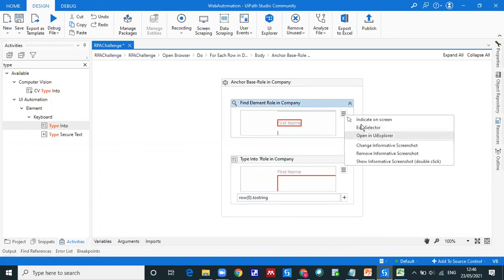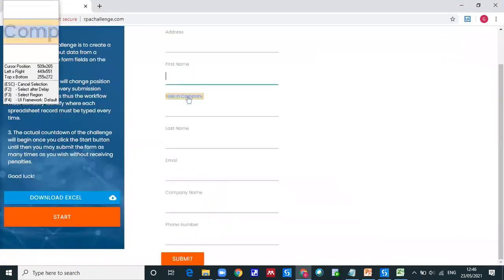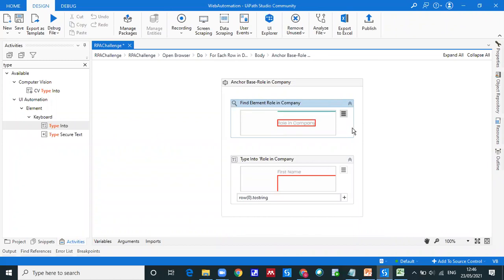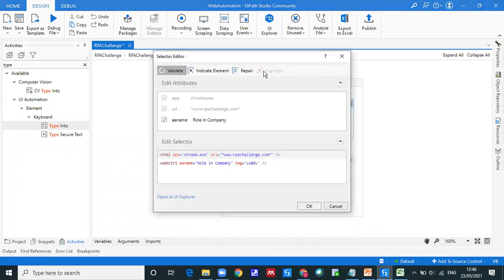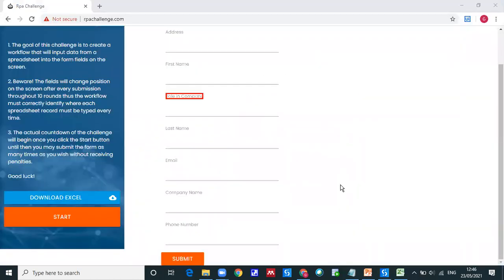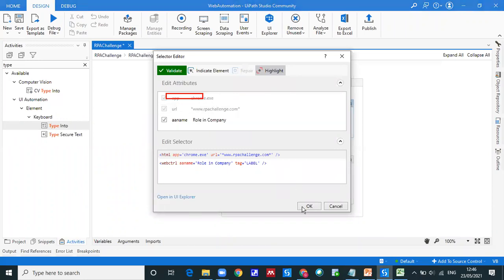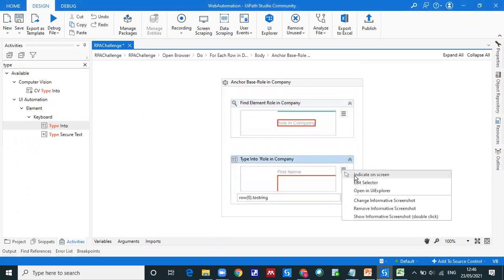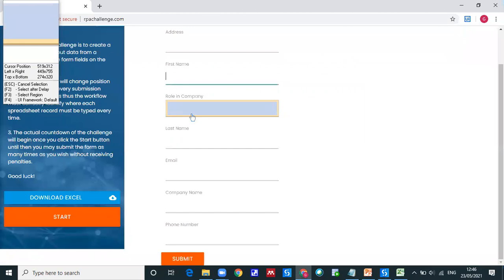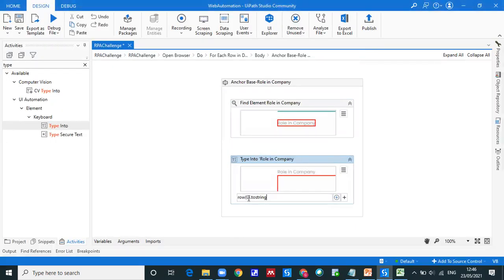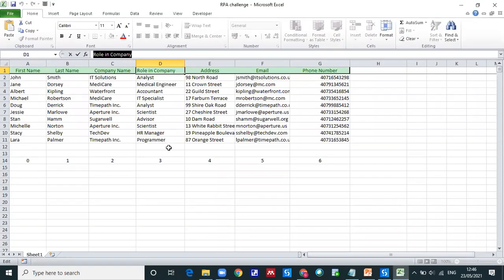Again, indicate role in a company. Please check it. So I'm just repeating the same step of what we did earlier. Role in a company. And this is third, I think, right? Index always starts from zero, yes, third.